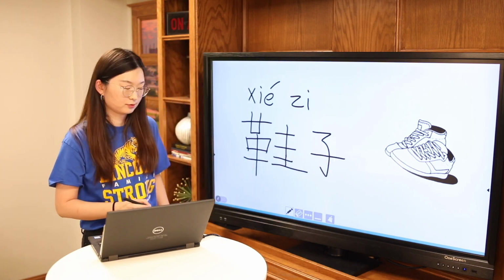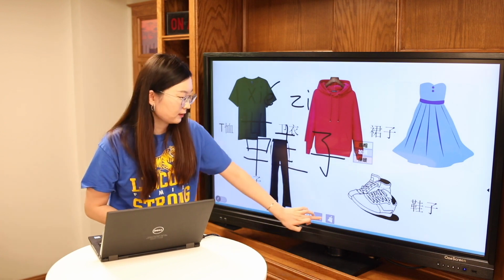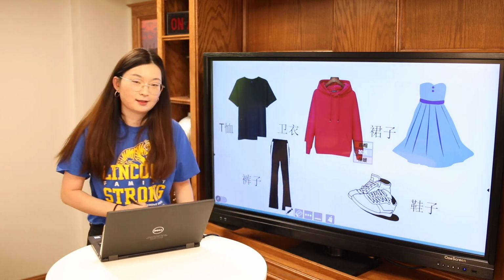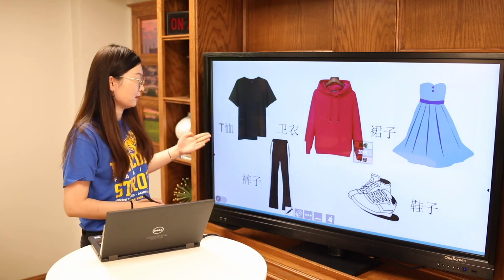Okay, 鞋子 shoes. So these are the vocabulary we learned for today, then let's do a review together